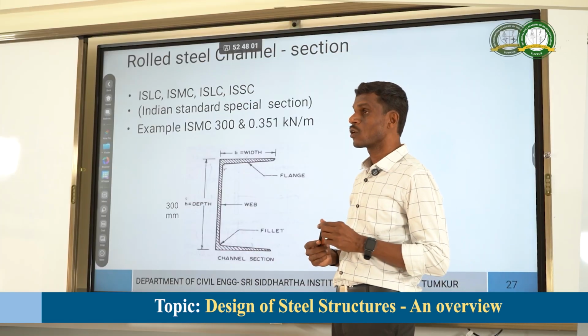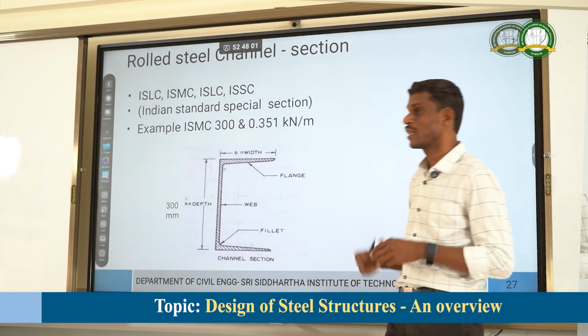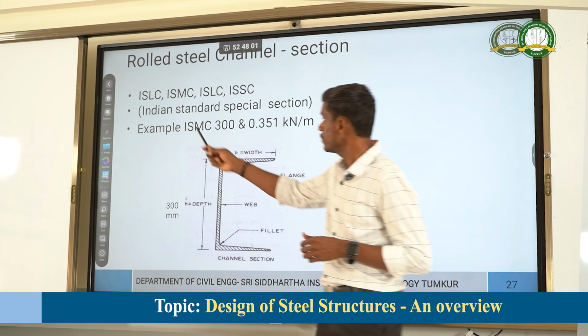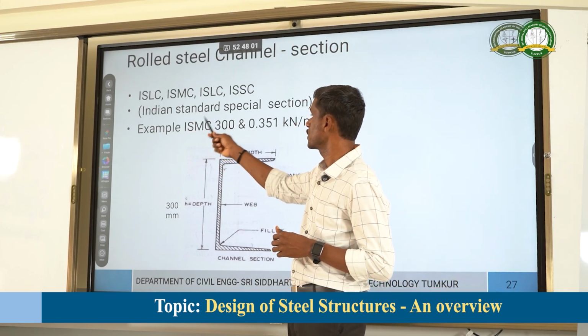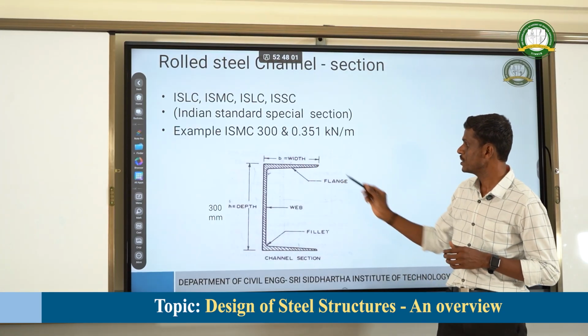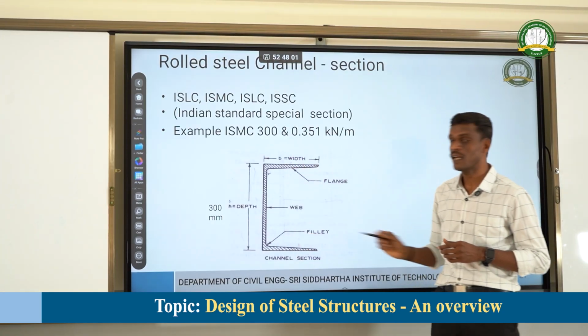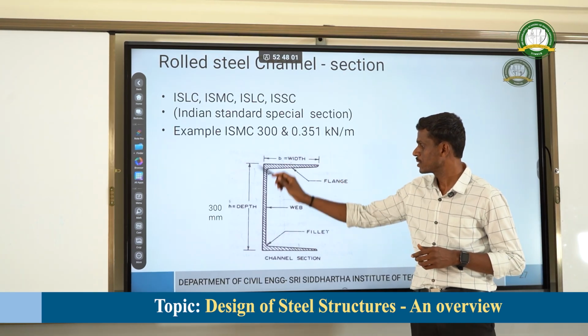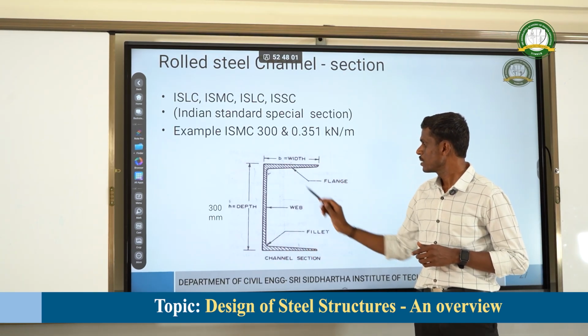So next is the rolled steel channel section. The name itself indicates channel section, C section. Some channel sections are ISLC, ISMC, ISSC. So these are the basic channel sections. In this form we can see it is a channel section. This is the width of the flange, this is the overall depth, and this is the section which is